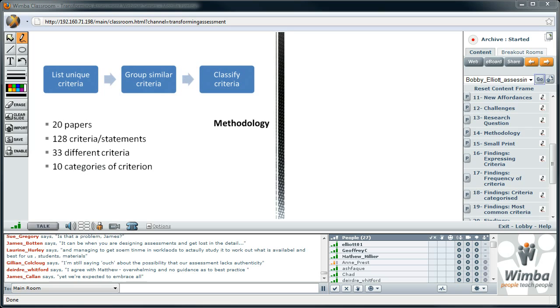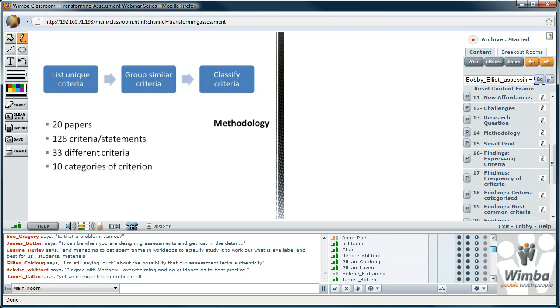So I had been reading about 50, 60, 70 papers for a much larger project, and about 20 of those papers provided examples of rubrics, and I got a little distracted by that. And I took those 20 rubrics and began an analysis, and it's really the results of that analysis I'm reporting on today. So it wasn't really the purpose of the research, but I did find it interesting.